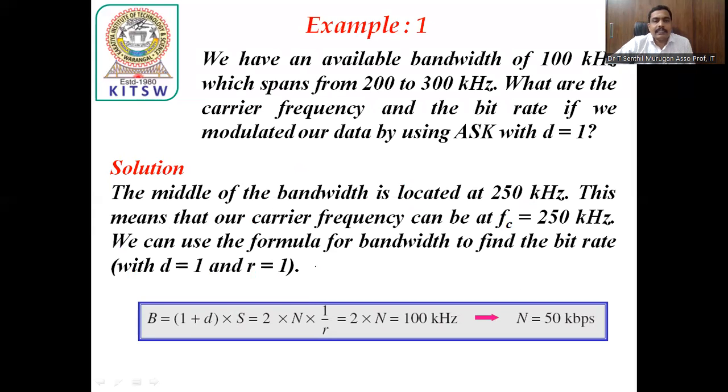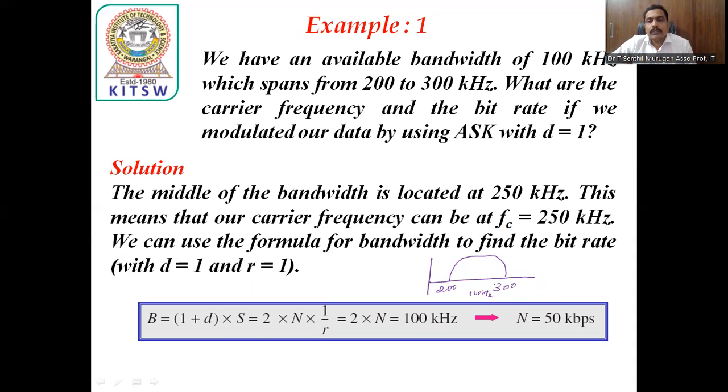So you just read this example. We have an available bandwidth of 100 kilohertz, which spans from 200 to 300. So how can we say that bandwidth? This is the bandwidth, 200 to 300. So the total frequency is 100: maximum value minus minimum value. So 300 minus 200, that is 100